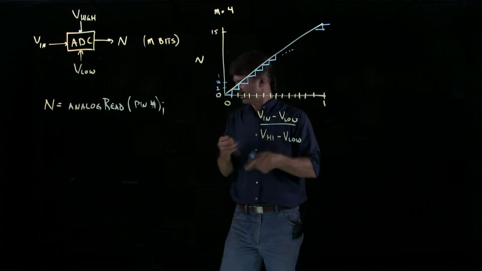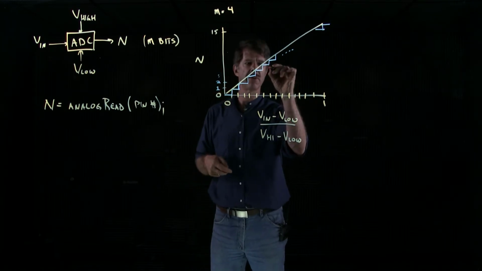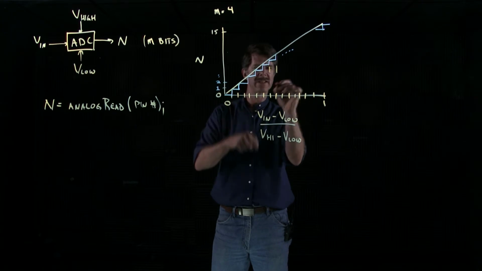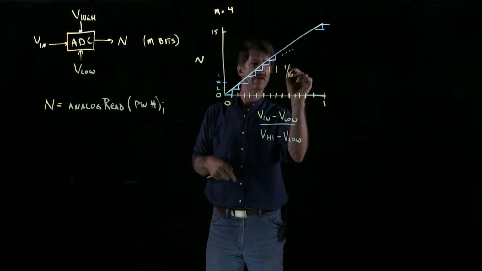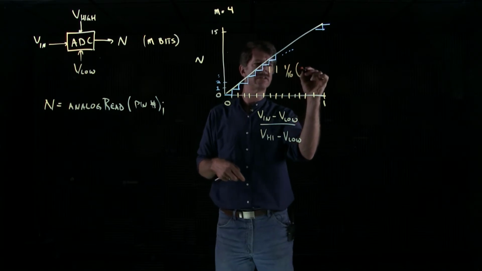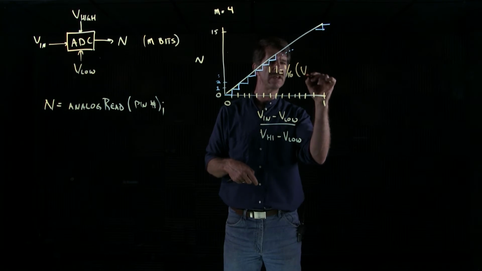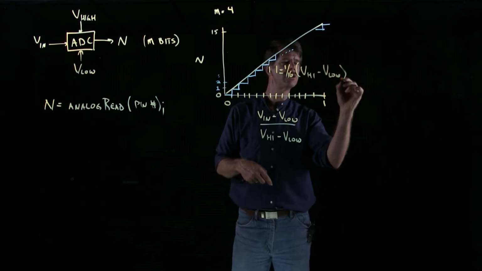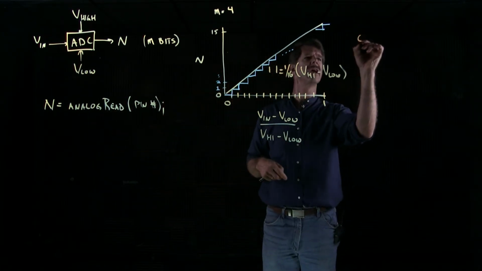This also implies that there's a finite error here, or uncertainty. If I look at this, in our case of m equals 4, this is 1/16 of the entire range. And the entire range, that's an equal sign, was V high minus V low. So in general, what did I call this? Quantization error. The quantization error, QE,